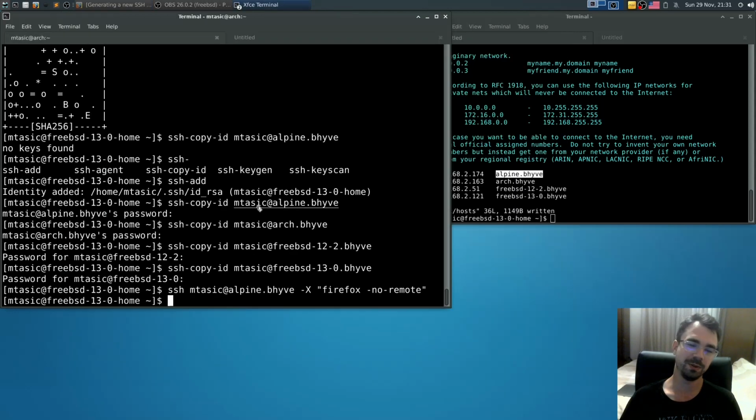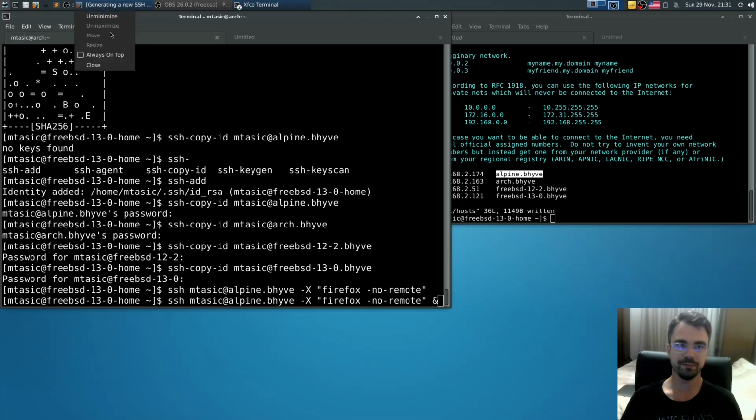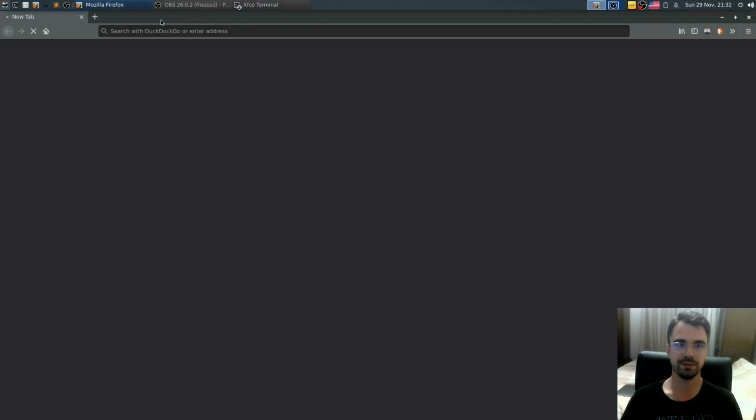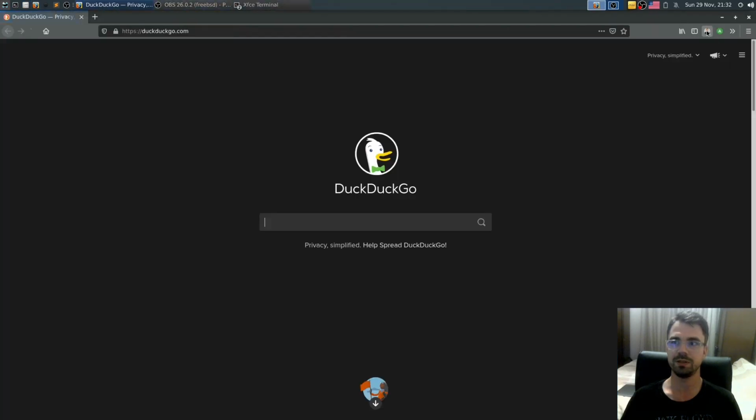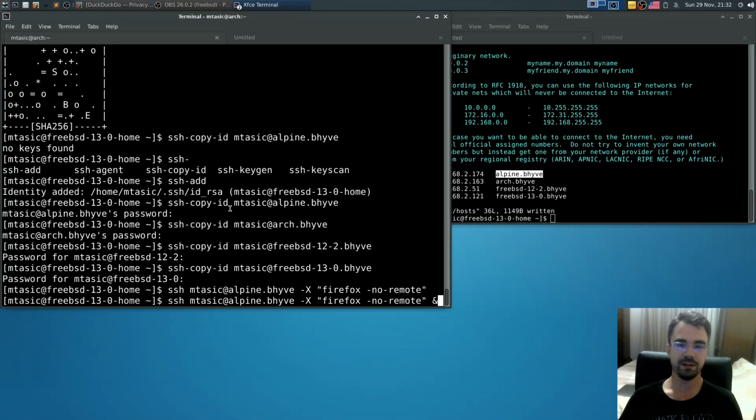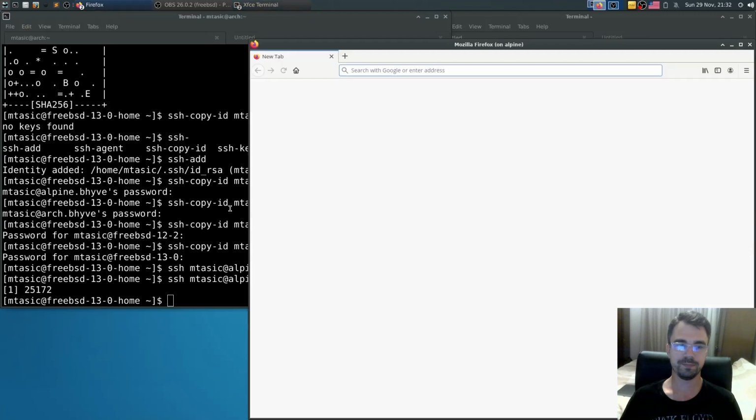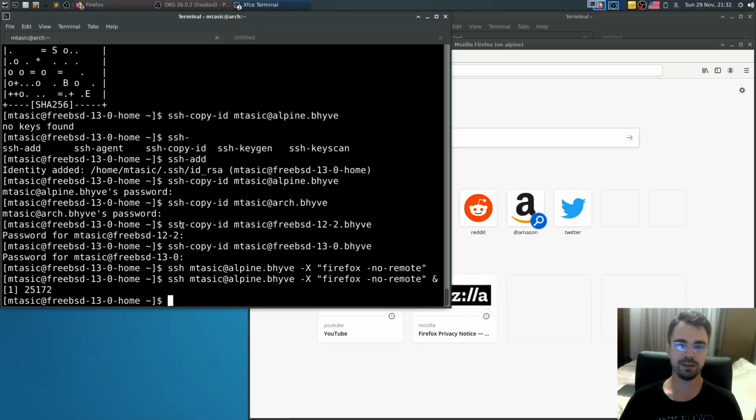So let's do the following thing. I'll run this local Firefox. This one, as you can see, I already logged in there. That's mdesic 85. Then I'll run the Firefox on Alpine. Great. I'll run Firefox on Arch.